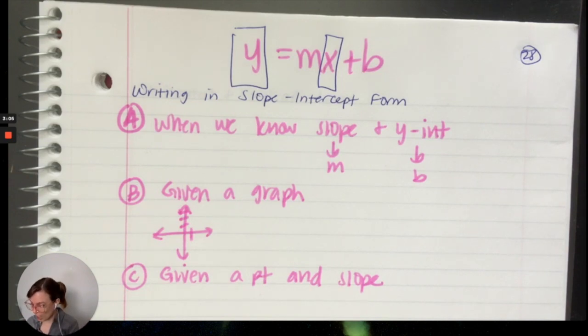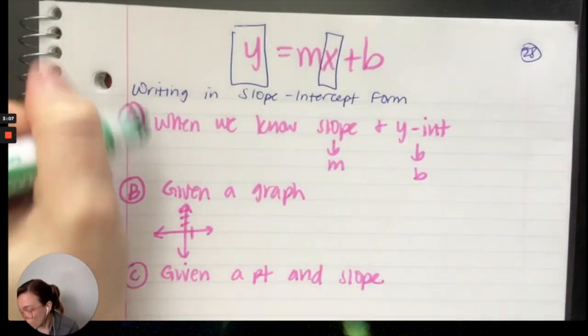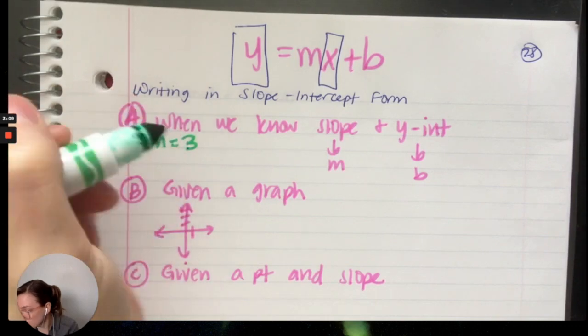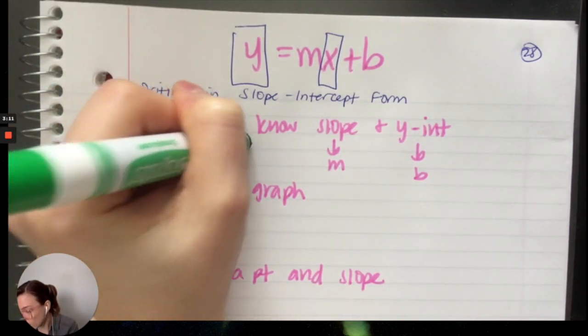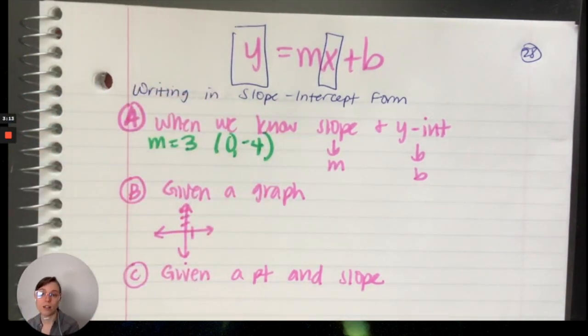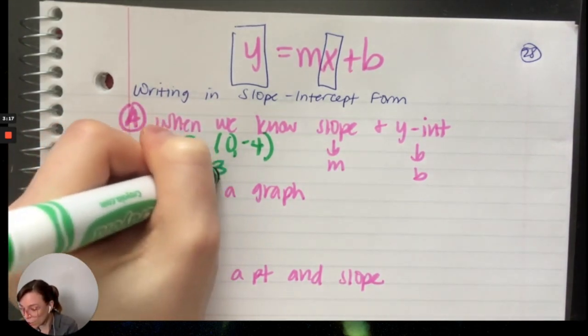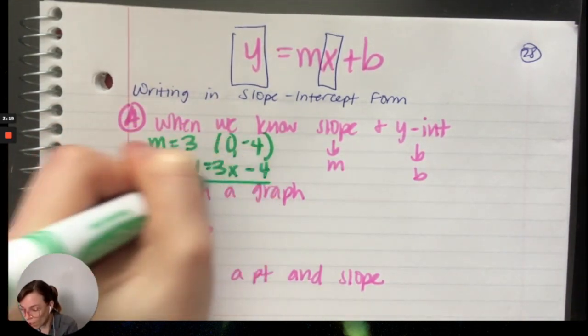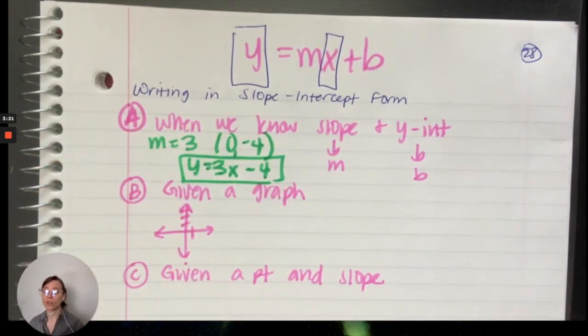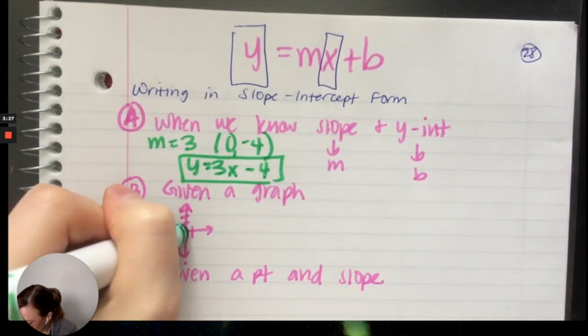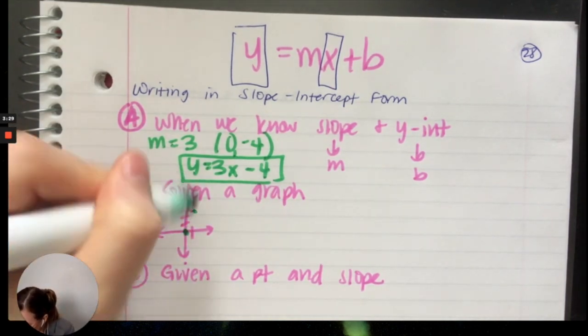So, if we know that our slope is 3 and the point (0, -4) is on the line, then I simply substitute them in. I'm going to have y equals 3x minus 4. That is my equation. So if you know the slope and the y-intercept, you just plug them in and you're golden. All right, given a graph, so if this was our graph,